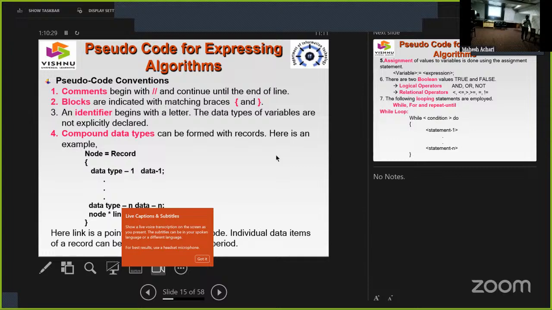So that also ensures that such a statement should not be there. These are the most important algorithm characteristics, right? After this,